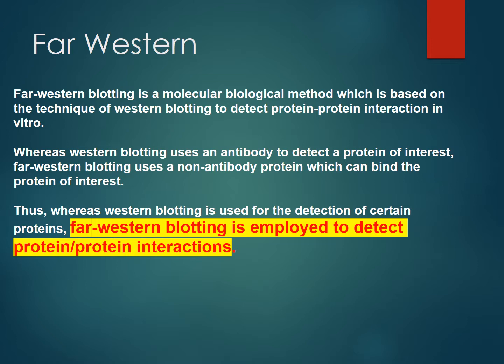This is called a far western. And so we had certainly discussed western blotting. And if you remember, we went through the SDS-PAGE, the 1D, the 2D, the denaturing of the proteins, the electrophoresis, the blotting technology where we moved the proteins that we had separated out in 1 or 2D and actually moved them to a piece of nitrocellulose or nylon that then we were able to probe in a Western blot with